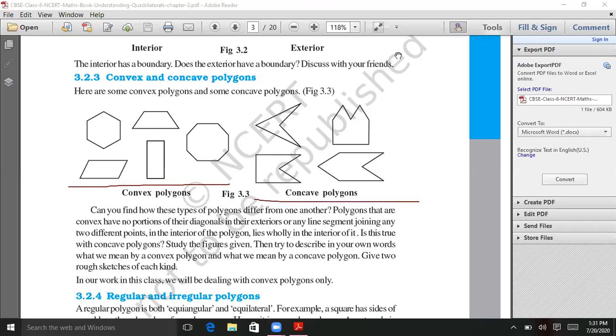See, let's see how we can understand what is concave and what is convex. If I join its opposite vertex, means I take their diagonals. इन सबके अगर diagonals लें, you can see here, right? These are the diagonals. You can see all the diagonals are inside the figure. है ना? Diagonals are the line segments joining opposite vertices. So if I see here, all the diagonals are inside the figure.